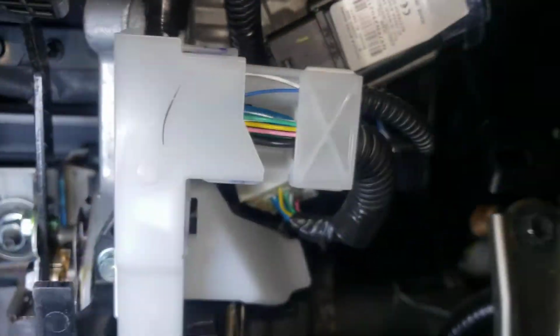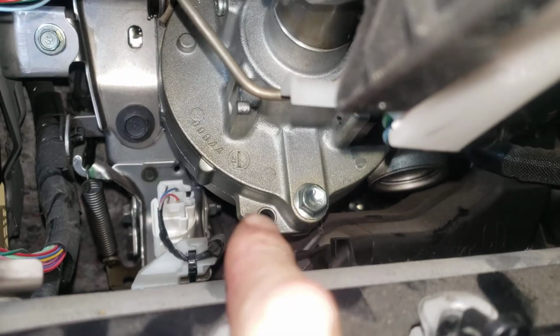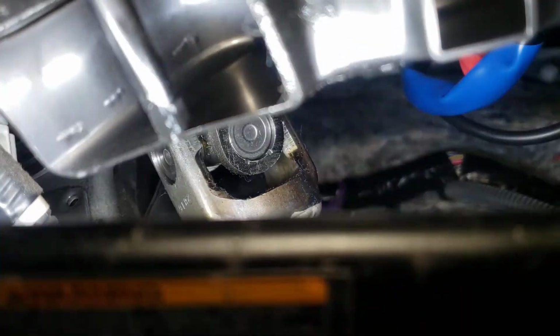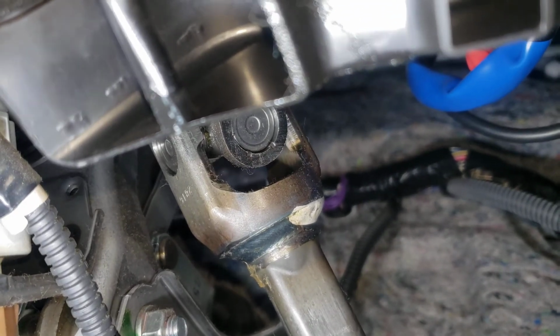Now what I figured out, I made sure those bolts that hold the steering up into the frame are tight. I don't know how well I can show it to you, but basically right there is your steering motor. If you go down, there's a shaft. I don't know how well I can get you into there. There's a shaft right there, and a little bit more up towards the steering wheel there's a 14mm bolt, and